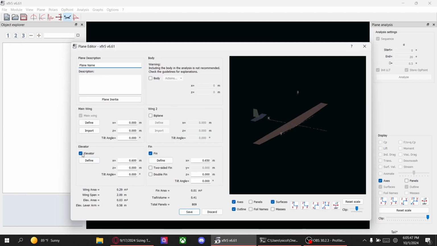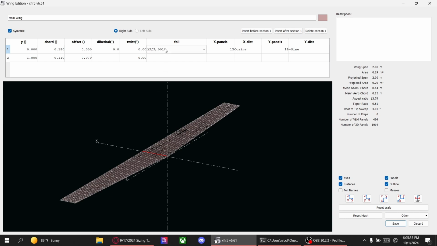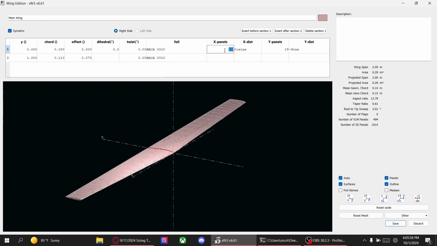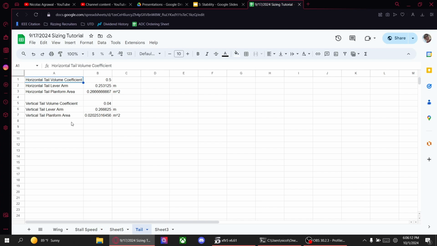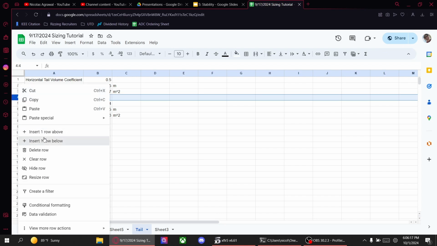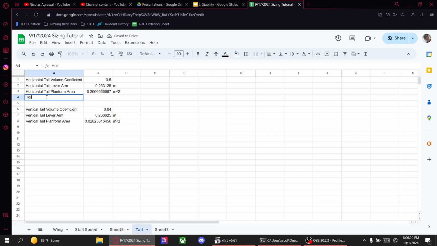And so here it's going to be a little bit different. So we're still going to deselect the elevator and fin, and we're going to define a main wing, and we're just going to have that be our tail. So this is our foil. Then we're going to do 20, 20, cosine, uniform. And then now what we need to do is if we go to our tail sizing, we need to determine an aspect ratio. So for this aspect ratio,